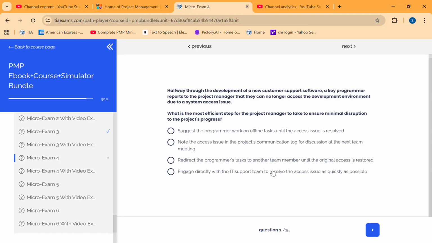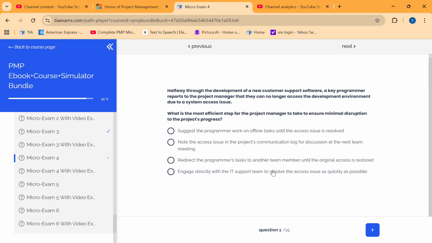I'm starting my micro exam 4. It's a 15 question test. Let's start with it. Halfway through the development of a new customer support software, a key programmer reports to the